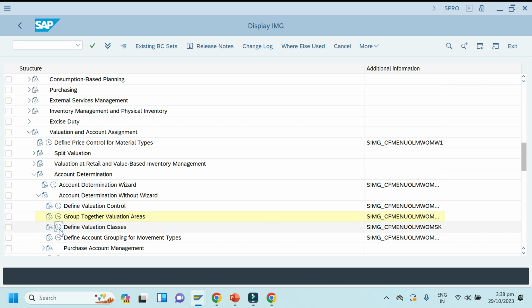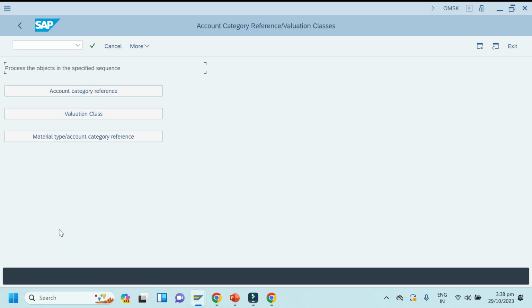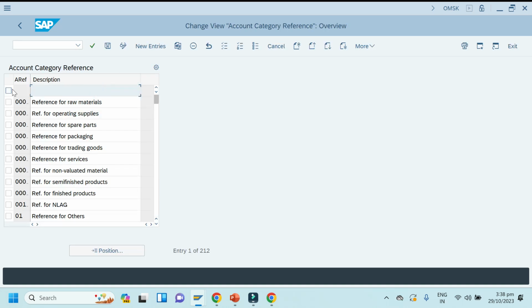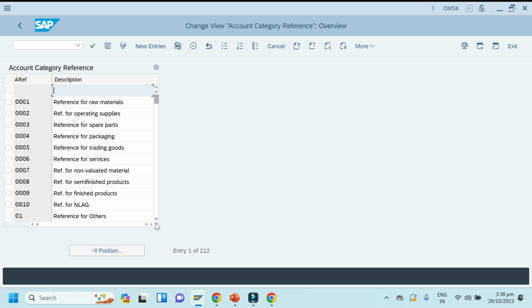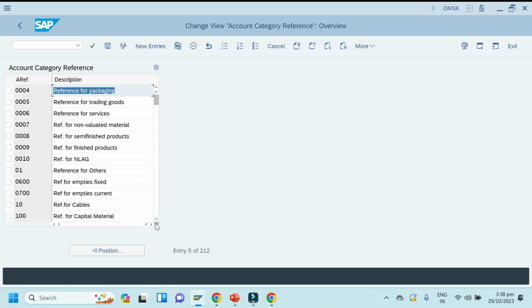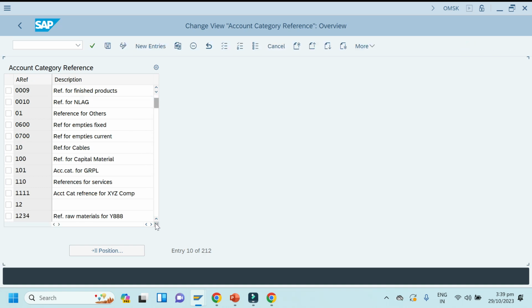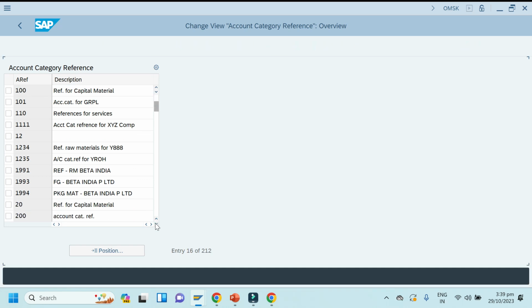Click enter. Click on account category reference. So here you can define your account category reference if you want to define a new one.